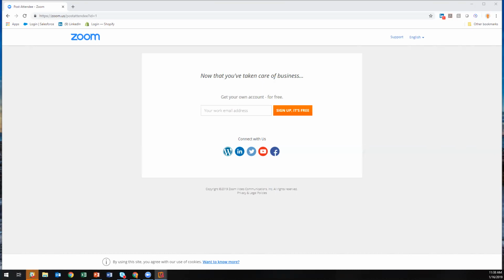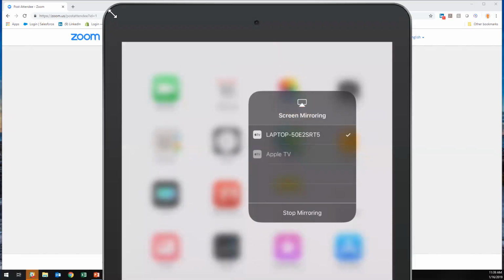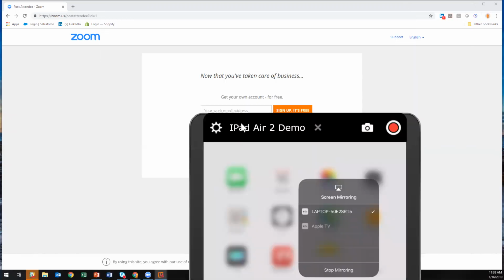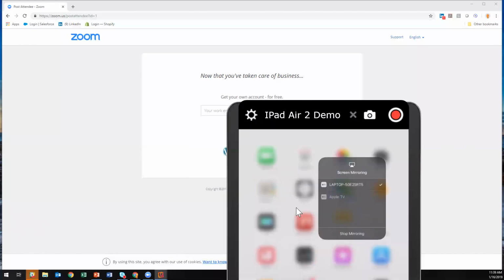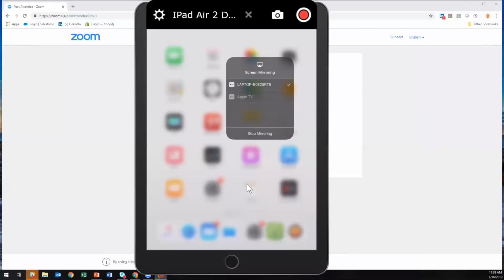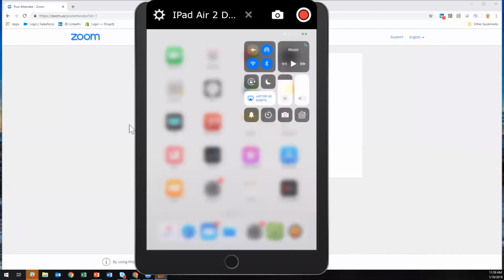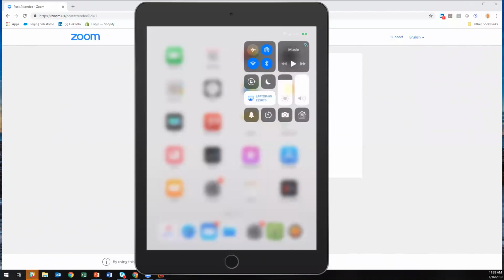Sorry, this just takes a second because sometimes it goes quick, sometimes it doesn't. So for this particular demo, I'm going to be using an iPad Air 2 with my Spike. Let me get this squared and set up here. All right. And so you should be able to see that here on screen.